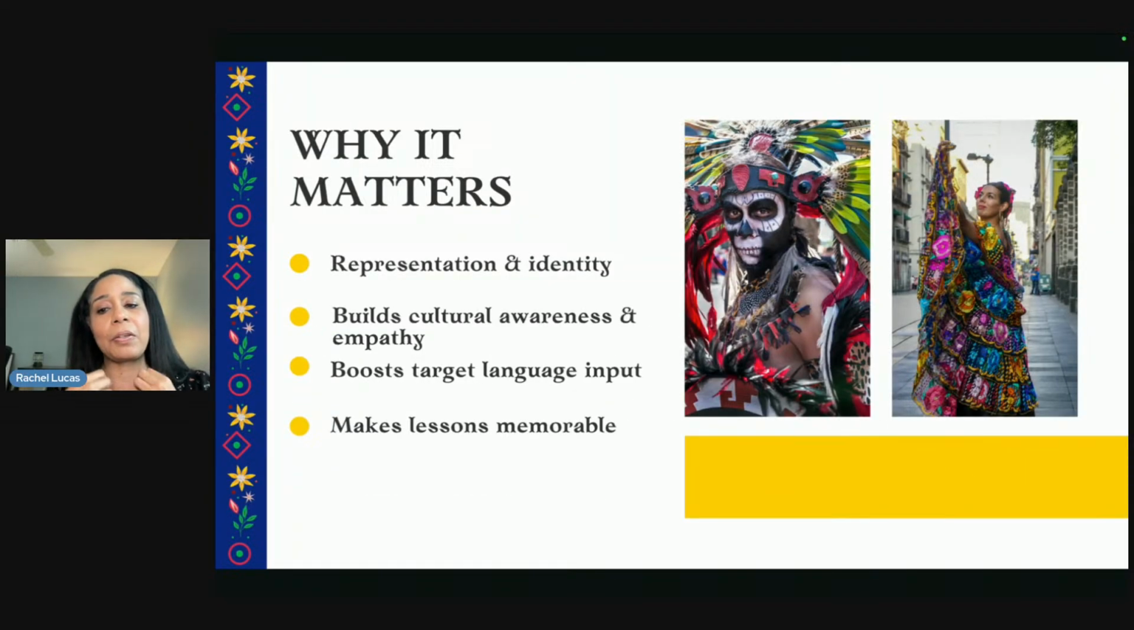Now, why does this matter? Because representation and identity, it also builds cultural awareness and empathy and inclusivity. We are always striving to be more inclusive in our classrooms, so this is a great way to do so. And also, I didn't put this in there, yes, it makes lessons more memorable, but it makes the students buy in and also more engaging,